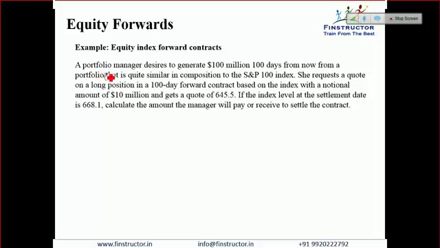So a portfolio manager desires to generate $100 million 100 days from now from a portfolio that is quite similar in composition to the S&P 100 index. She requests a quote on a long position in a 100-day forward contract based on the index with a notional amount of $10 million and gets a quote of 645.5. So let's depict the problem. So we are at t equal to 0